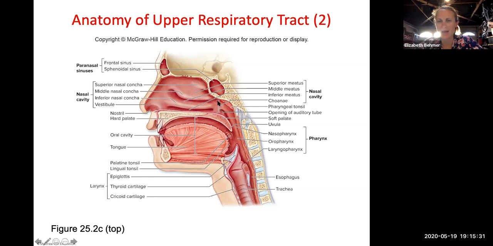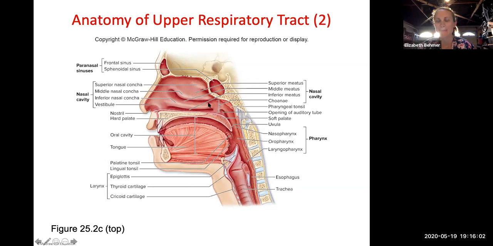What else? You can see here there's some tonsils located in the back of the nasal cavity. You have some pharyngeal tonsils. You also have the opening of the auditory tube that enters into the nasal cavity. If you remember, the auditory tubes were what helped to equalize pressure coming from your ear sense. So that auditory tube will open up into the nasal cavity just to allow for equilibrium of pressure during altitude